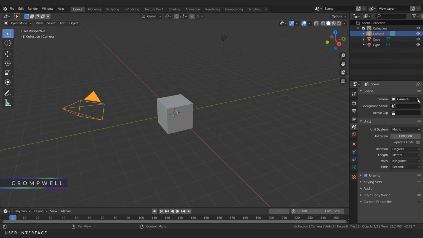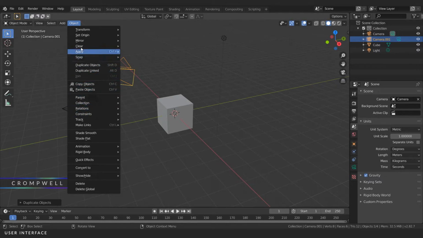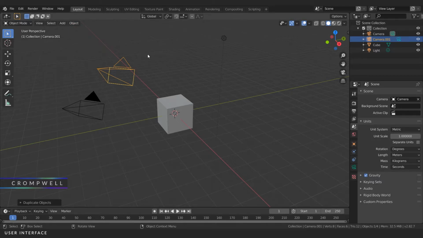It's already listed as it is, but if we have more than one camera, so for example, if I duplicate this camera, and for me that would be Shift D, that same keyboard shortcut will work for you, or you could go Object and then you can find the Duplicate Objects, which again is listed as Shift D, however you like to work. You'll notice that as we have 2 cameras,